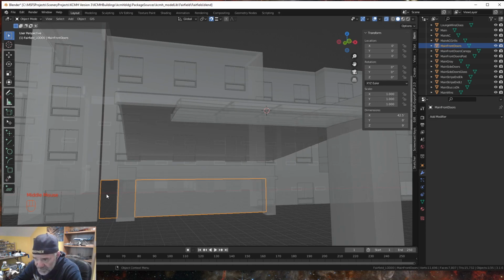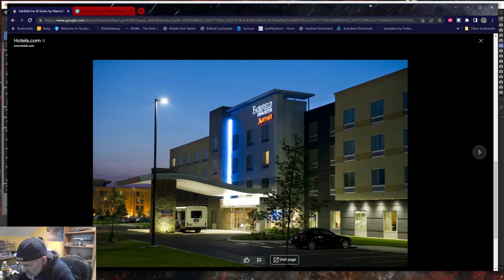This is one big plate glass window, probably with a 2-foot top as well, just like across the front. So let's go to our image, and it's going to be kind of hard to see. Oops, I keep doing that. I don't want to do that. All right, so we have,